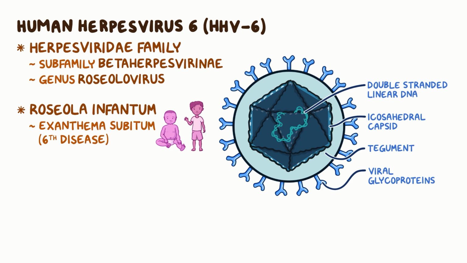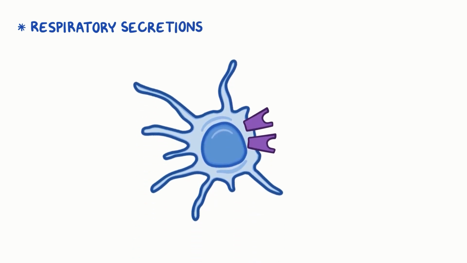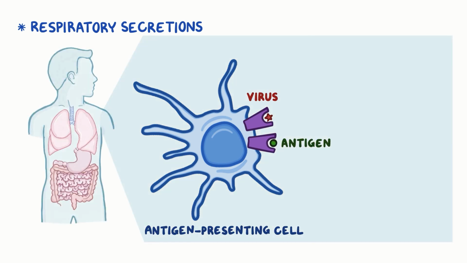Now, HHV6 infection begins when a person comes in contact with respiratory secretions from another person who contains the virus. Once in the body, the virus attaches to dendritic cells, which are antigen-presenting cells that can be found in the skin, nose, lungs, stomach, and intestines. These cells are able to process antigens like viral proteins and present them on the cell surface to the T